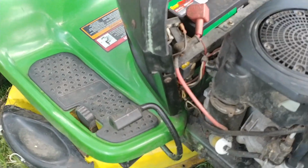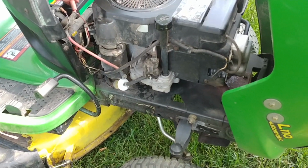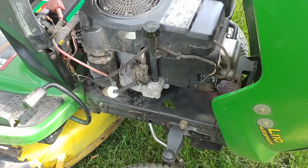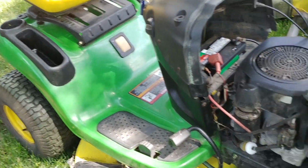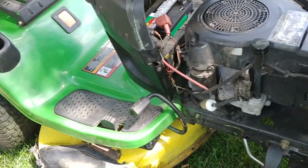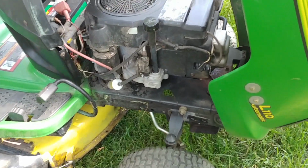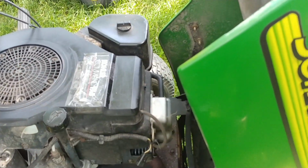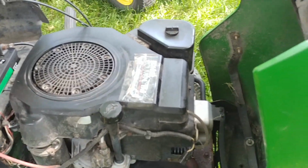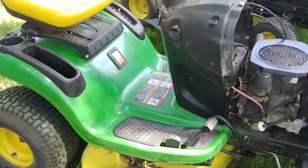And let me just give you the short story on it. This mower was listed for not running, not being able to move. Said the transmission was busted, and the only thing that was good was the engine. He had just serviced that, which I pretty much believe. Seemed like a pretty meticulous guy with the condition of it. I cleaned it up and wiped it down and everything, so it looks a little bit better. But